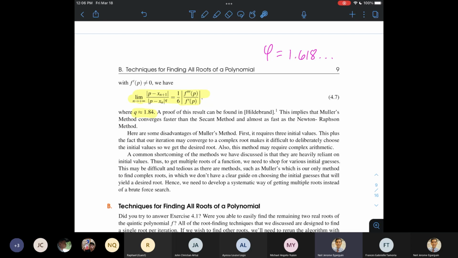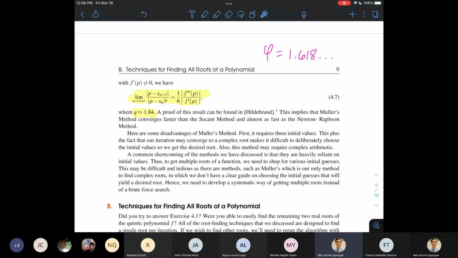Na merong mga certain examples or merong ilang instances ng problems sa kinonsider natin in the previous lab exercises na, okay, mas mabilis yung convergence ng secant method kesa doon sa... of course, mas mabilis yung convergence ng Newton-Raphson kesa sa secant method, all right? So it will take 2 less or 3 less iterations for the Newton-Raphson method to converge than the secant method,